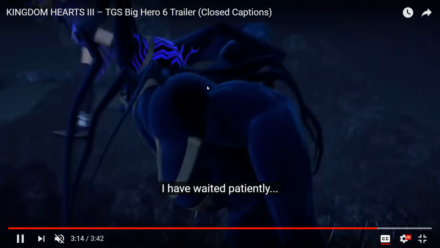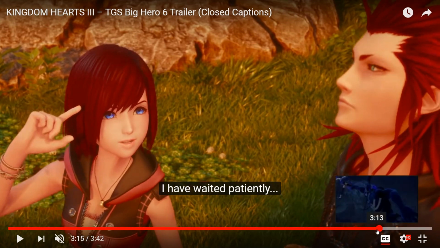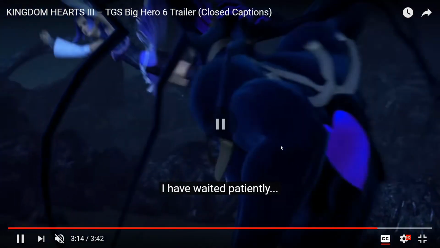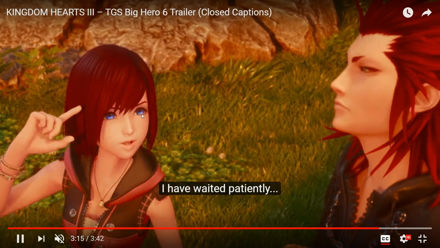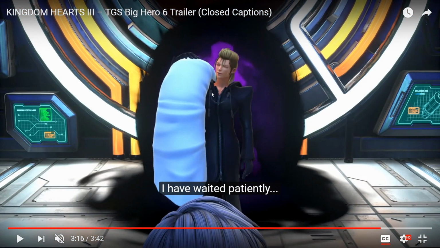Well, it seems like Aqua got head weighted, and she just got caught by that, but that looks like Ansem's guardian, so it looks like they did get her. Then you have Kairi and Axel, you have Demyx, and he's holding someone in the same sort of white cloth that he did